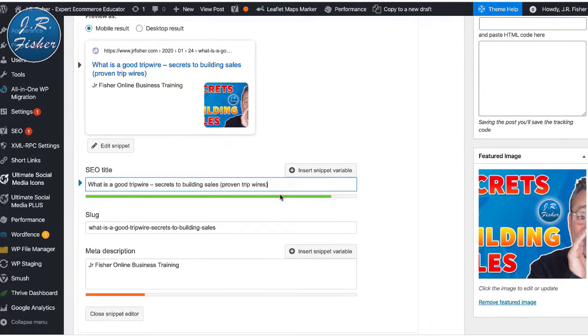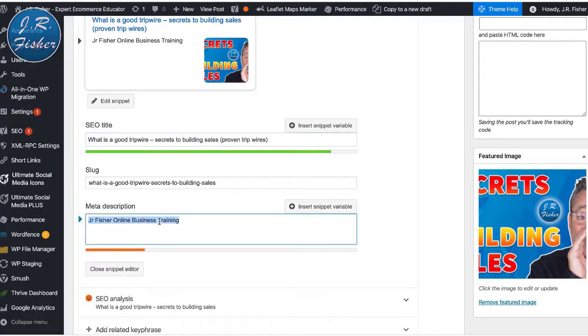once we've done that, we want to remember we want to have some of the same things in this description down here. So we'll put "how to use," we'll put "what is a good tripwire," because that's what it says at the top, right? Now we don't want to have it exactly as the top here, but we just might want to put some of the similar words in here, like building sales. So building sales is easy